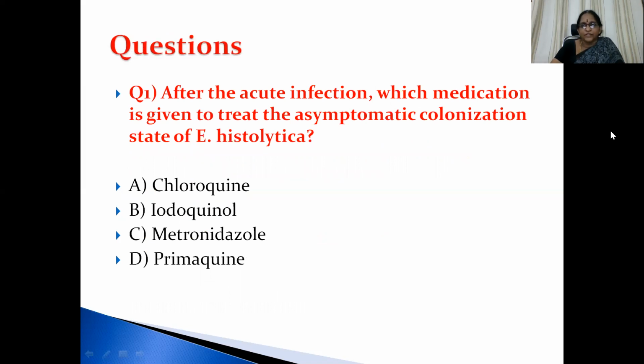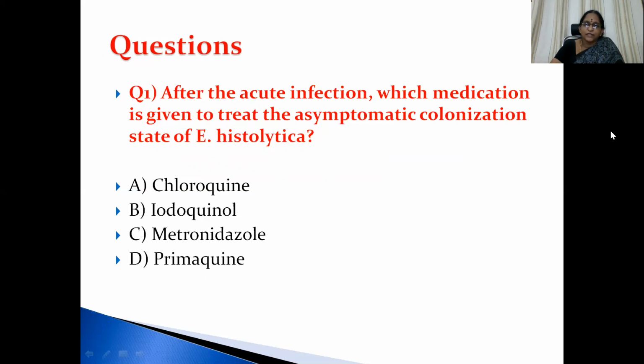So I have now finished the chemotherapy of amoebiasis. Having known the amoebiasis disease in detail, starting from the introduction and history, having known all the anti-amoebic drugs, various classifications, how the symptoms manifest in each and every type of amoebiasis, and the various classes of drugs used in the management of amoebiasis, now it is your time to answer these questions. If you find any difficulty in answering them, you can approach me at any time on WhatsApp or anything, or after you join the college.